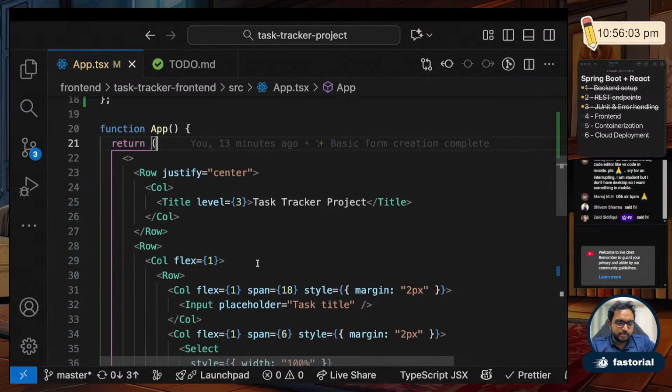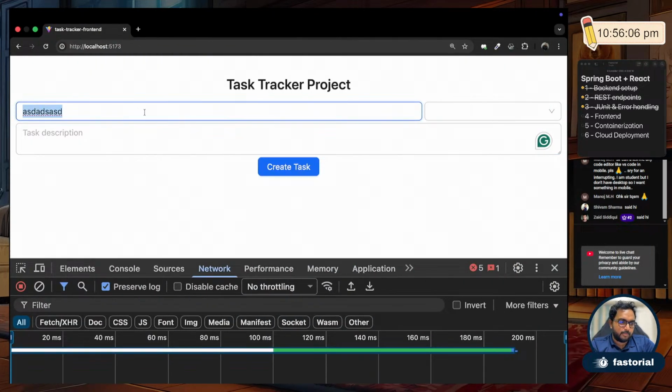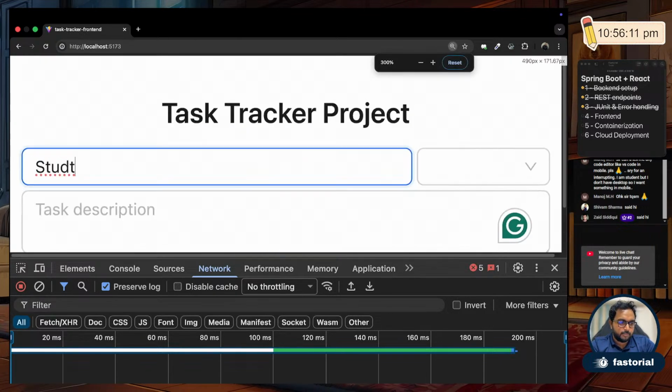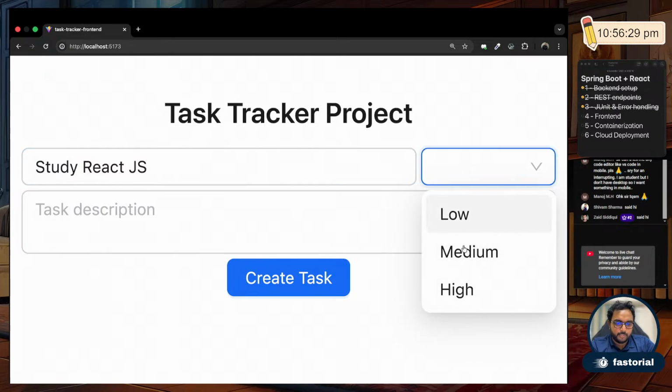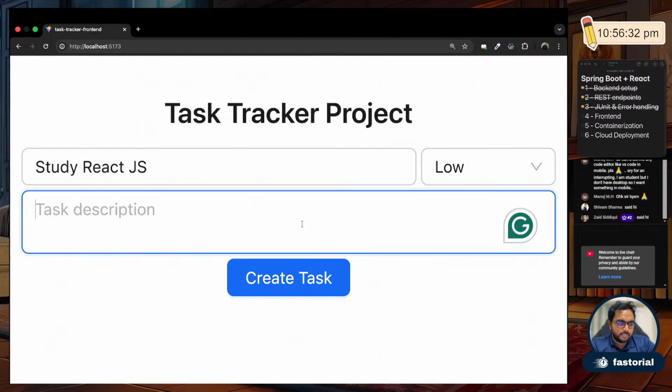Now let's say I'm typing a title here like study React.js. Let me zoom in. Study React.js, this is my title. Now when I type this title, what is happening? I am changing the state of the application. The state of the application is that I am editing the title of it. If I change the priority, I am editing the priority to low. If I change the description, like study fast, something like that, I am changing the description of it. Every time I change any input or any item in the application, I'm changing the